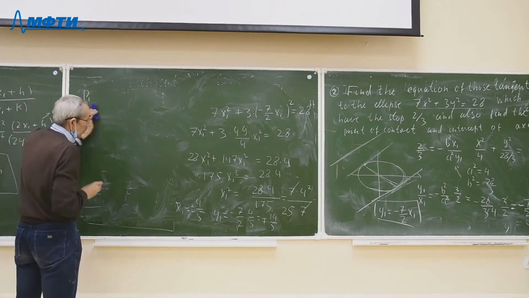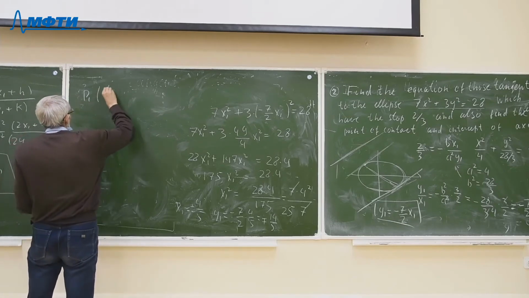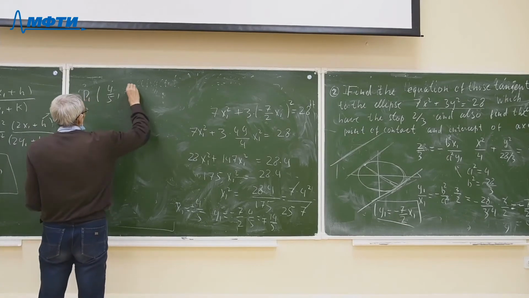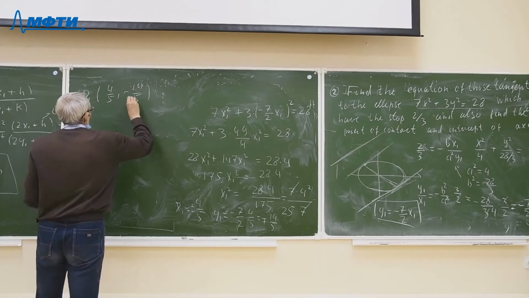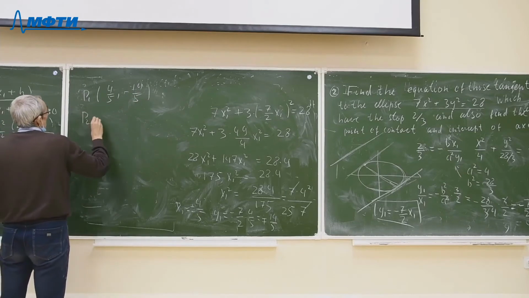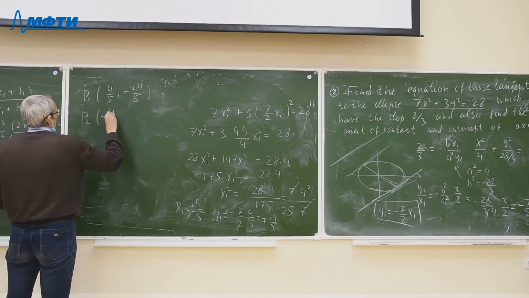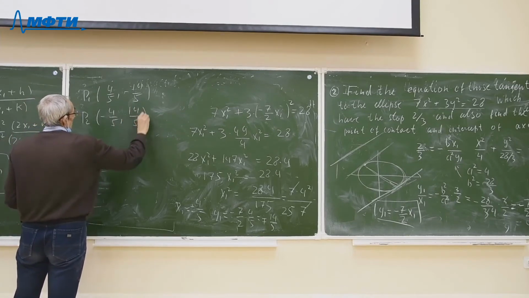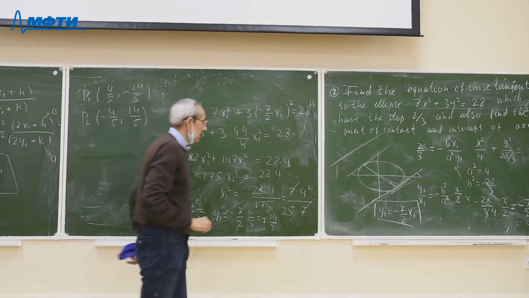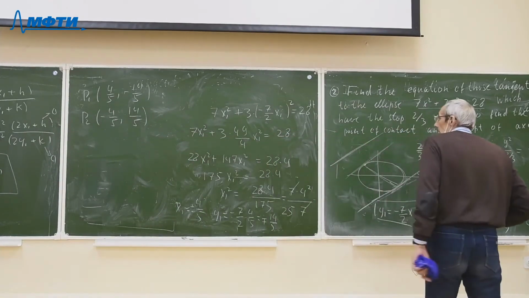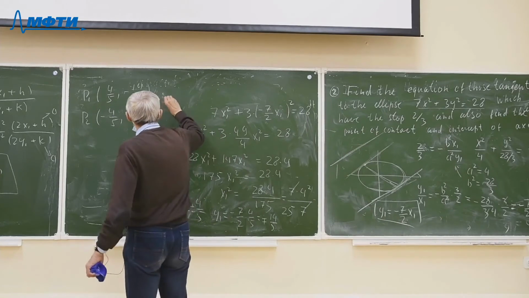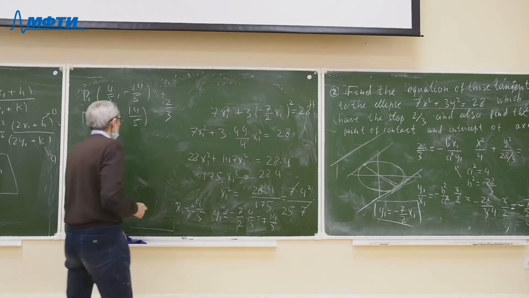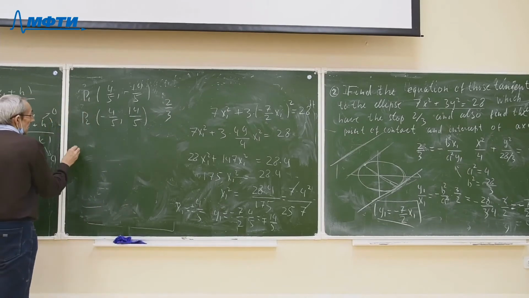First of all, point P1 has the coordinates 4 divided by 5, and second, minus 14 divided by 5. And the second point, P2, has the coordinates minus 4 divided by 5, plus 14 divided by 5. We have 2 points, and in this point the slope is equal to 2 divided by 3. And we obtain the following